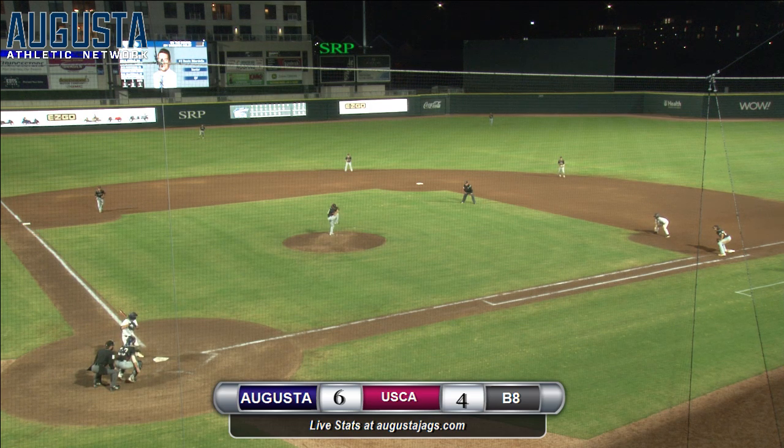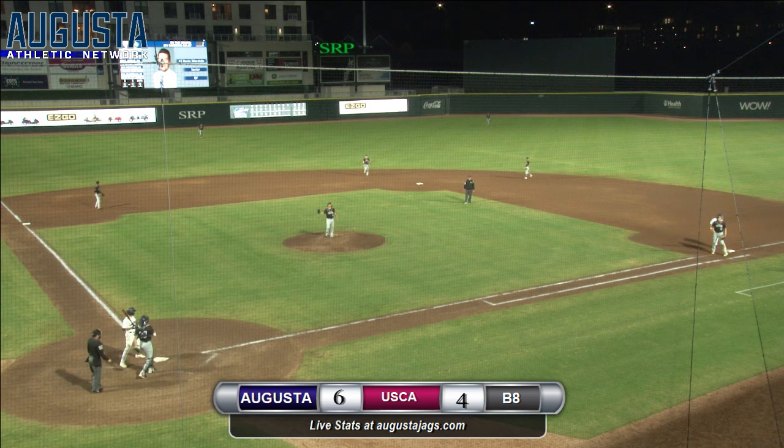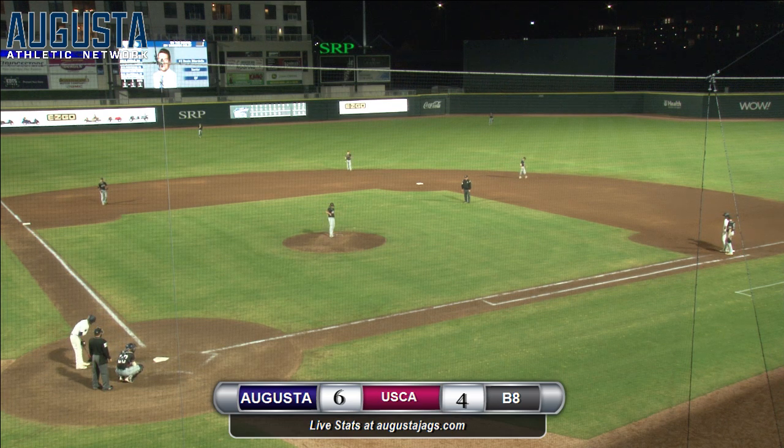One out, runner on first. Double play will get him out of the inning. The pitch is a called strike, 1-1 strike to Bill Ardello. He's taking 2 on the inside corner. You protect there, but you want to